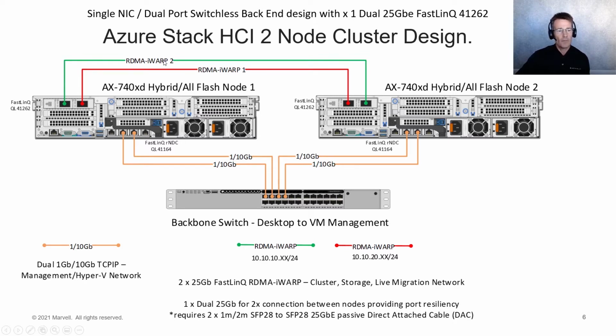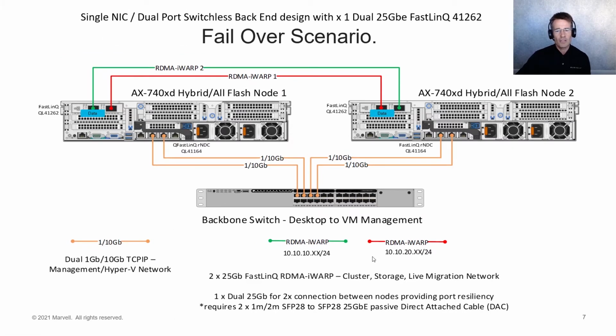And each link is set up as a separate subnet between here, so that way Azure Stack knows both links are available. This is how Azure Stack load balances across the RDMA backend network. So basically, if you've got two links, the Azure Stack will do the load balancing across the links. It also monitors the links, and if there's a path failure, it will then automatically reroute traffic across the available